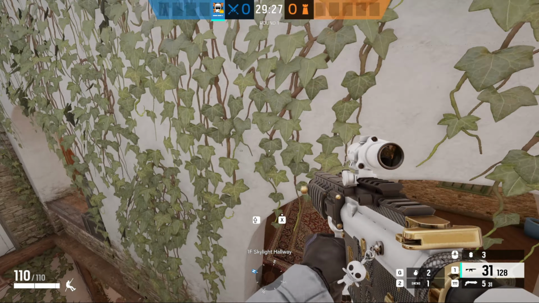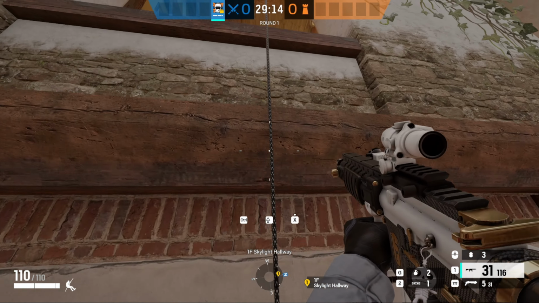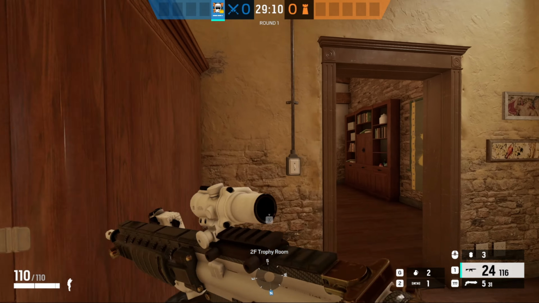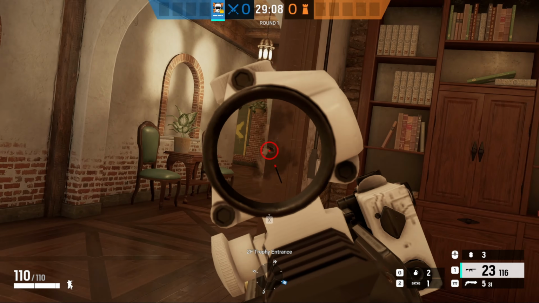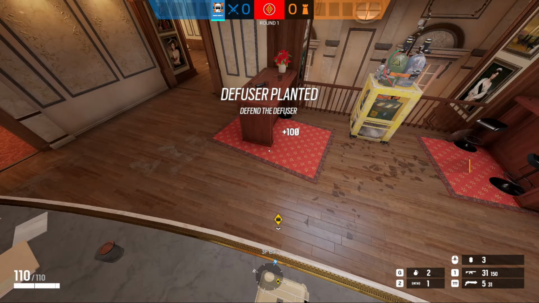On Villa, start getting a bit aggressive, rappel down the skylight. You can get some picks on people who are on the other side of the wall. As well as this, if you're rotating, you can also do this from below in the hallway. Not a lot of people even know this. The same when it comes to maps such as Cafe, you can actually rappel back up the skylight on the